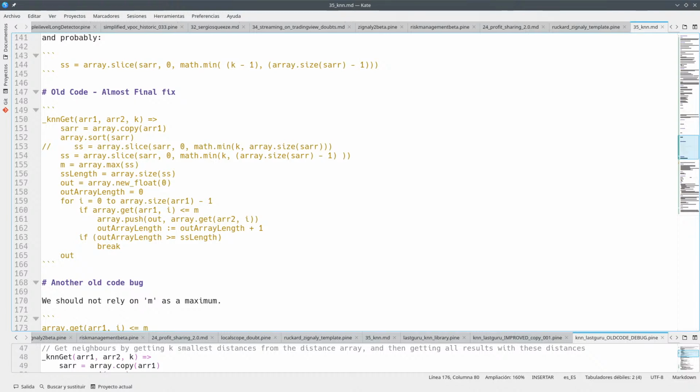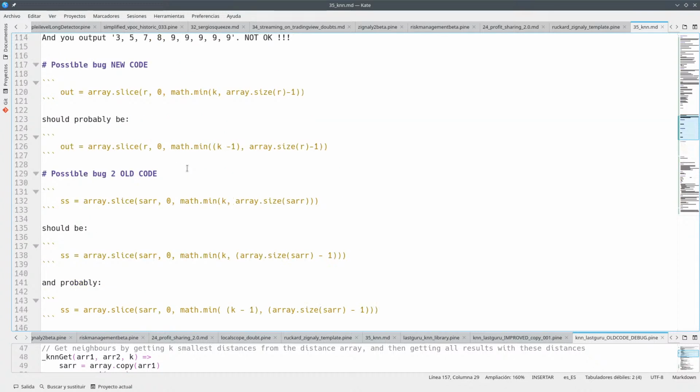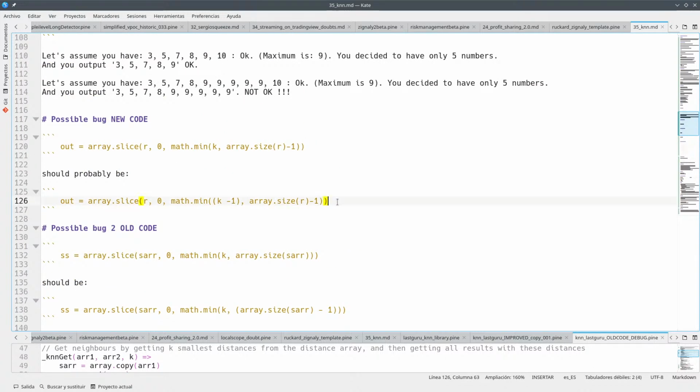Okay, so this is the old code almost fixed. There's a bug here, which I think needs to be k-1. I have not fixed this,